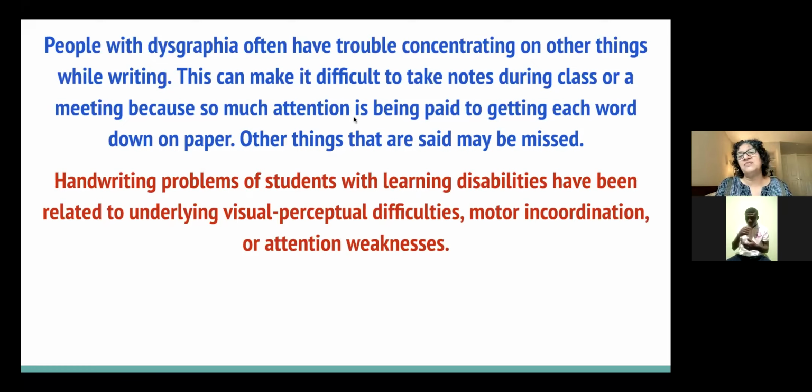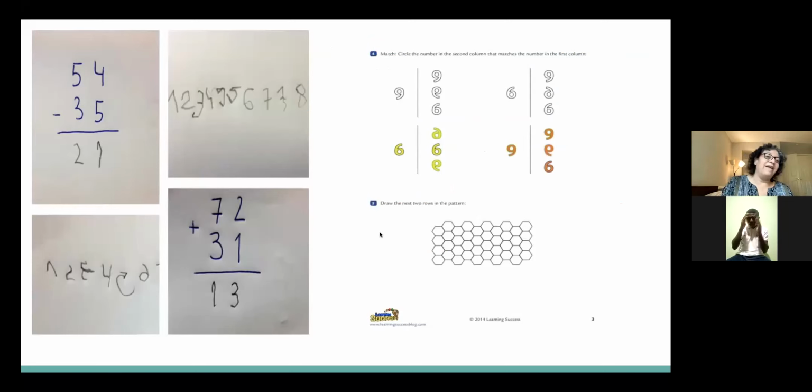Handwriting problems of students with learning difficulties or disabilities have been related to underlying visual perceptual difficulties and motor incoordination or attention weaknesses. Here are some samples of